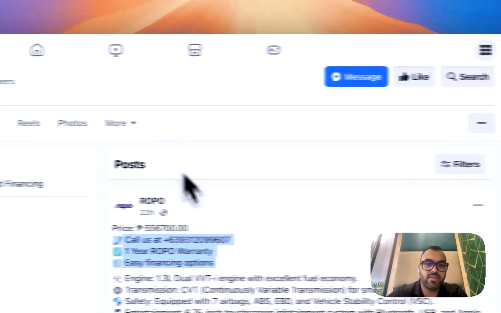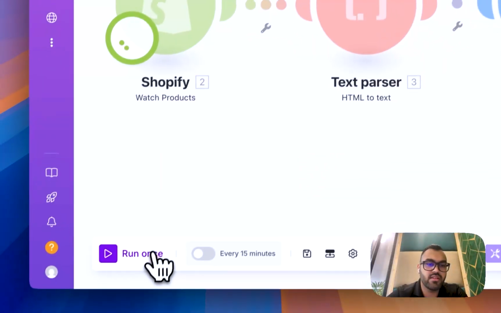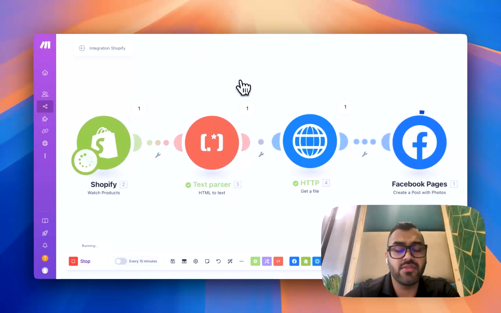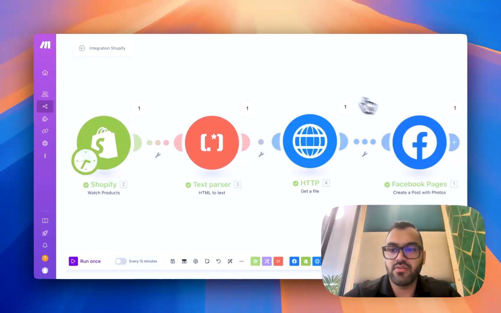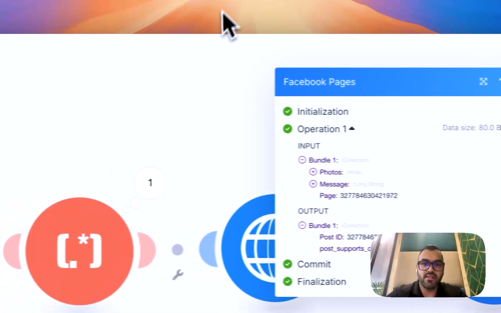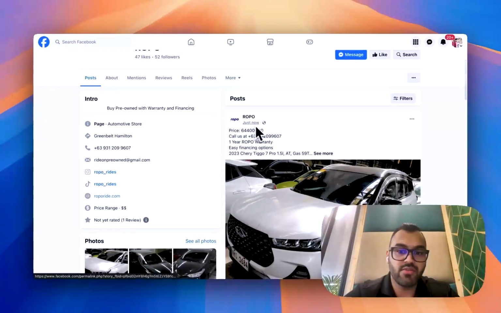Now, just remember this, last post 22 hours. Okay, so I'll go ahead and run this once. And hopefully this works. Perfect. Looks like everything went through without an error. Everything's done. And if I go back and hit refresh, as you can see, we just posted now with this